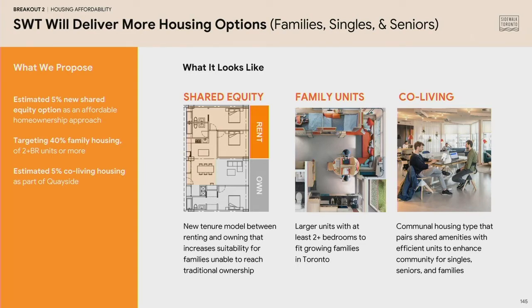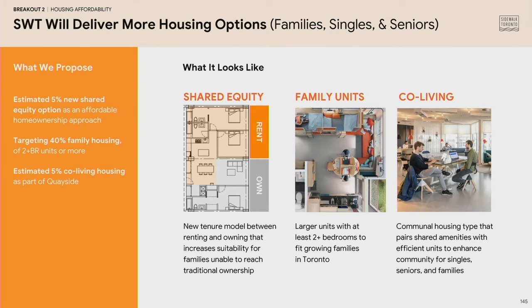We're thinking through a range of typologies and tenures, as Johanna mentioned. First is this shared equity model, and we're proposing about 5% of our program be shared equity. This is a new tenure model that's an alternative to exclusively renting or owning that helps you bridge that gap. We think of it as sharing ownership with a potential nonprofit or other independent entity that allows you to buy what you can afford and rent the rest. This allows someone who can't afford a full down payment to put down less money, but still build equity on the part that they own.